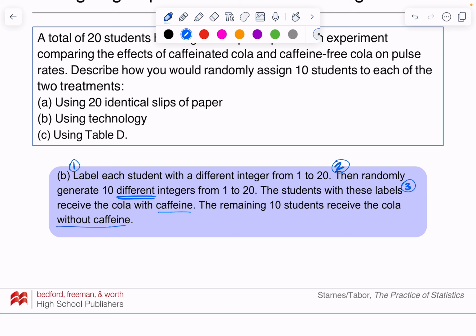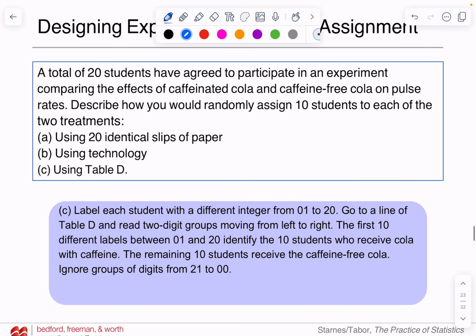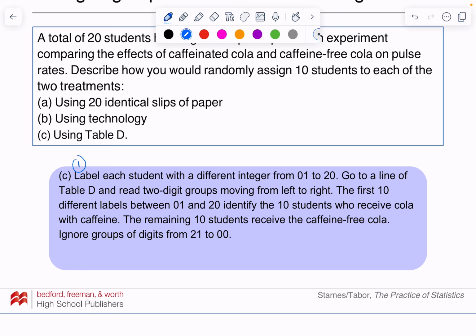Table D, that should be almost the same steps, except your table will help you randomly generate those numbers. So again, step 1, label each student with a different integer, assign a number to every person. If you remember, you see how 20 has 2 digits, so make sure the first numbers are also 2 digits, so 01, okay? Because when you go to table D, remember, you're going to be going 2 digits at a time. So step 2, have your table D, okay? Go to a line in table D and read 2-digit groups moving from left to right. The first 10 different labels